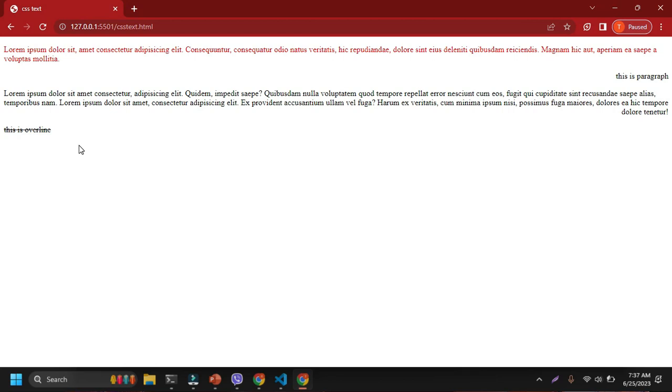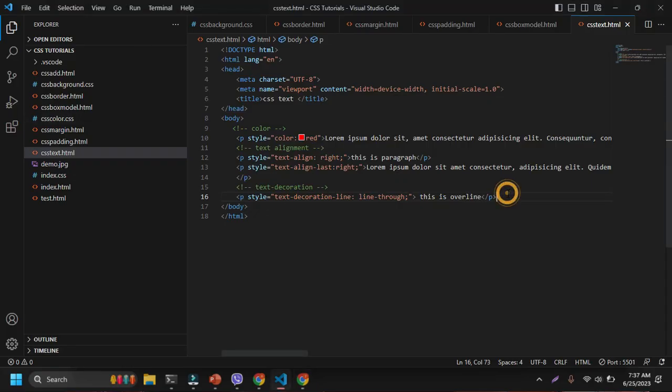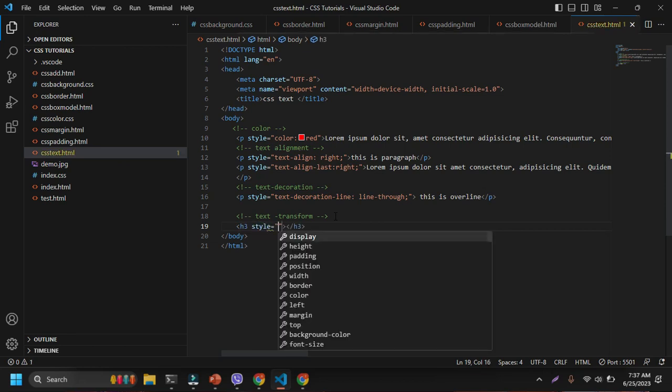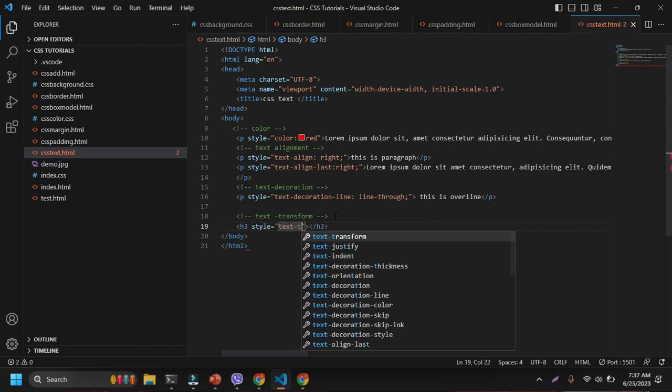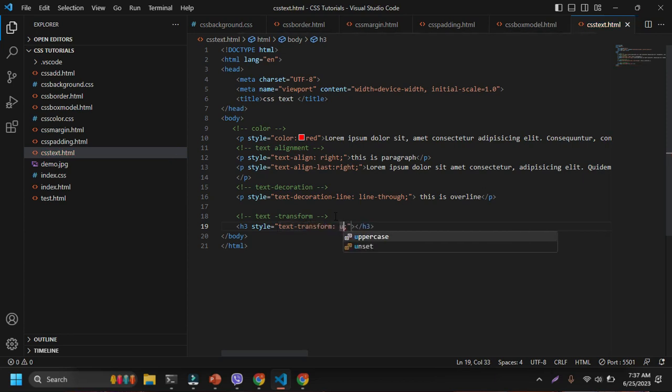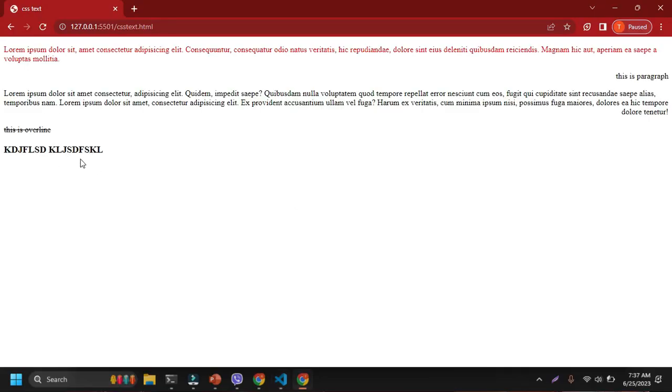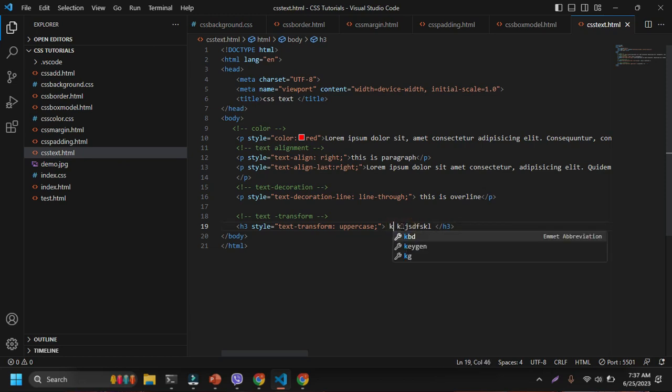And we have another property, that is text transform. So again, I want to create another comment here and write text transform. If I write only the h3 tag here, and give style, and type the text transform property, and write uppercase, and inside the heading section, if I write index here, then it will automatically convert it into uppercase. And if I write some capital letters and some small letters, and then write the lowercase property value and go into the browser,